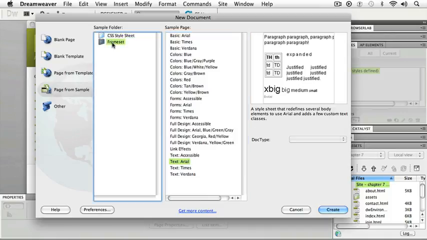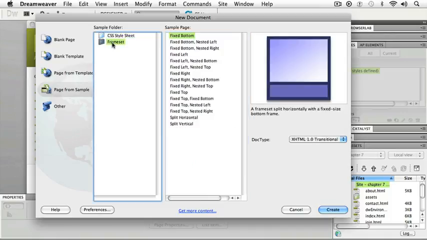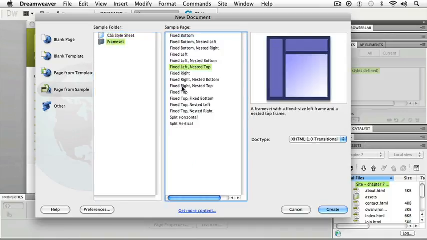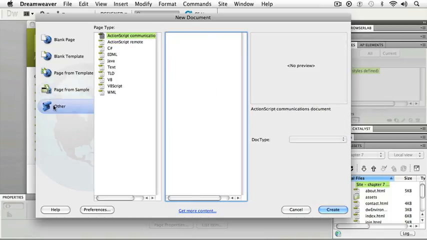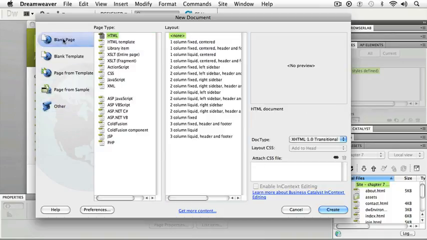Now we don't use frame sets much anymore, but here are some elements from my frame sets, and it makes it fairly simple. And some other items that we might want to choose at some point in the future. We won't be getting into these in the Essentials series. So I'm going to go back to my blank page, make sure that I'm on HTML, and let's choose 2